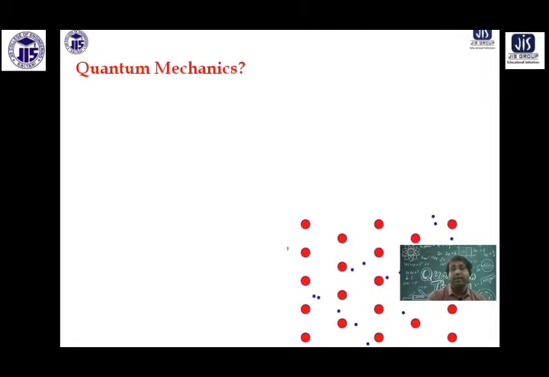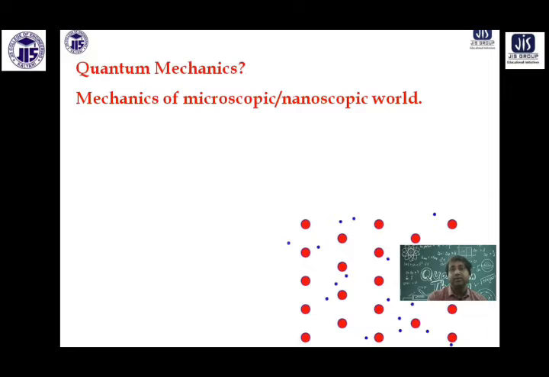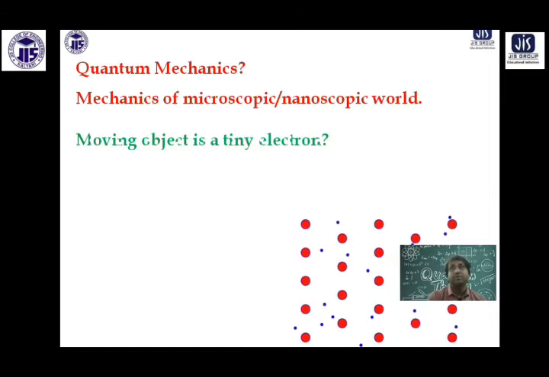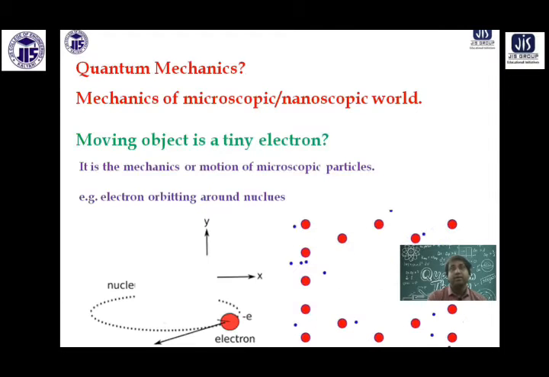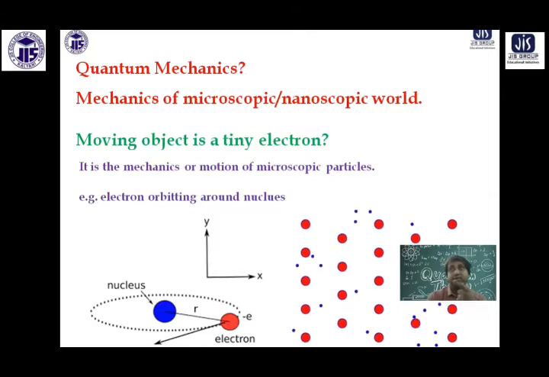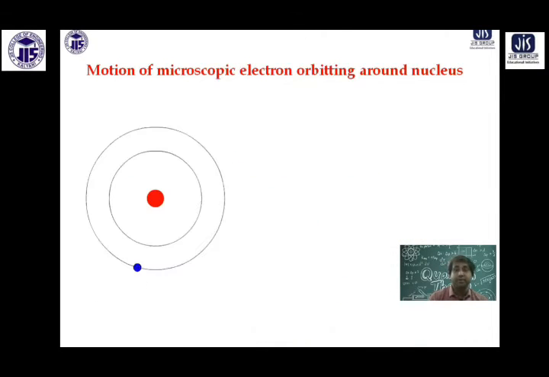And you know, the matter that we talk about in quantum mechanics is not a train or bus. We are talking about the small electron. Because of that tiny size, you can see those electrons are moving. They are very large in number in a metal, for that matter. Because electrons are moving, it's a mechanics problem. At the end of the day, if you have to describe the dynamics of the electron, the motion of the electron, it's a problem of motion, a problem of rotation.